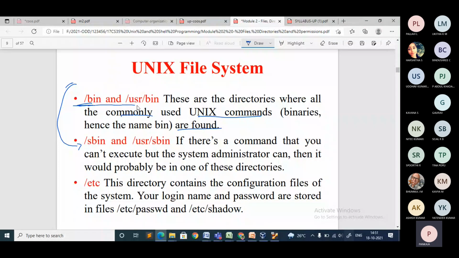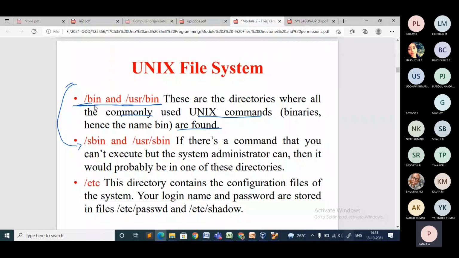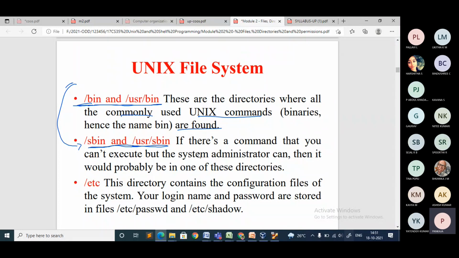Okay, don't get confused here. This one is for all the basic commands, and this is for the commands that are not executed in user mode and are to be executed in administrator mode. So those commands will be stored in this directory. Okay. Then we have